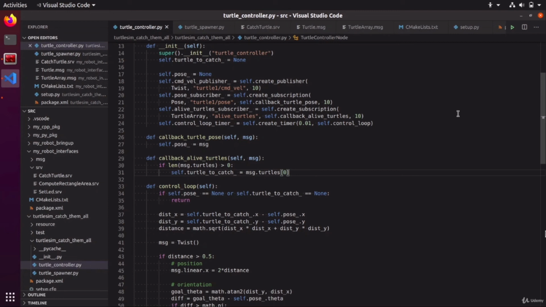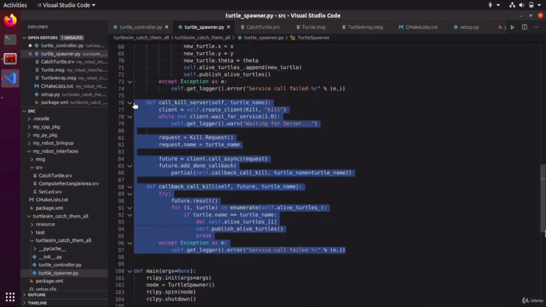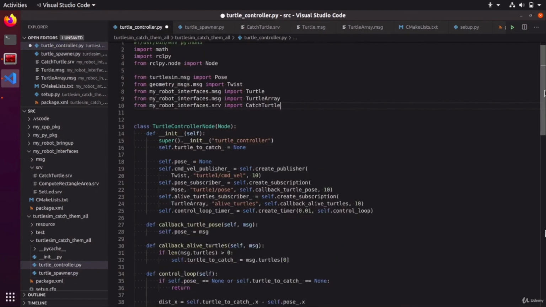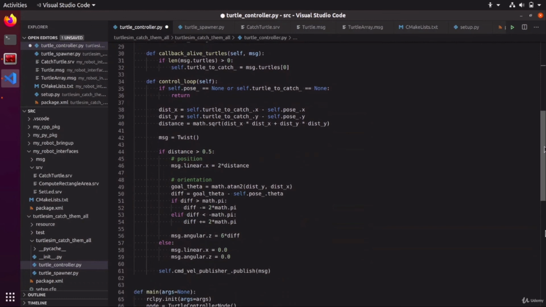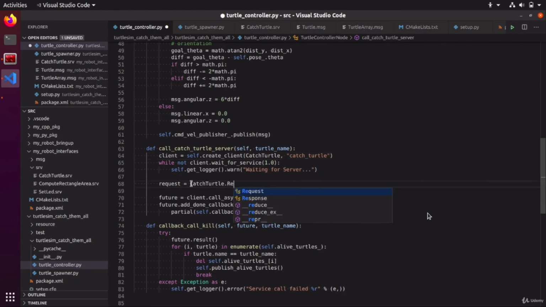Okay, and finally we need to call the catch turtle service from the controller. So let's add it here, and I will use the same template like that, and I will put that here, for example. Okay, it will be called catch turtle server with the turtle name catch turtle. The name is catch turtle. Okay, the request catch turtle.request. Then the callback